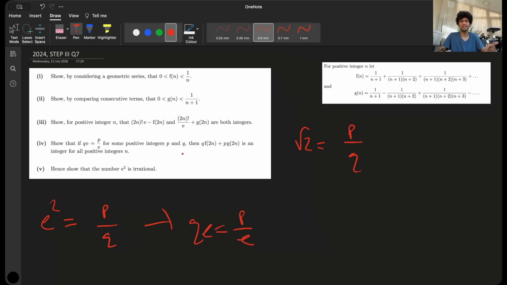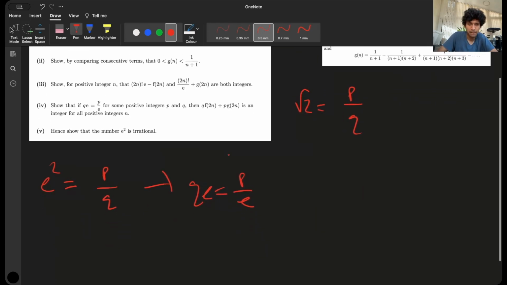So that might come in handy in this case, because if you had some nice value of n, then you could try and get an upper bound that was so tight that it meant that this expression here basically couldn't be an integer. So let me just write